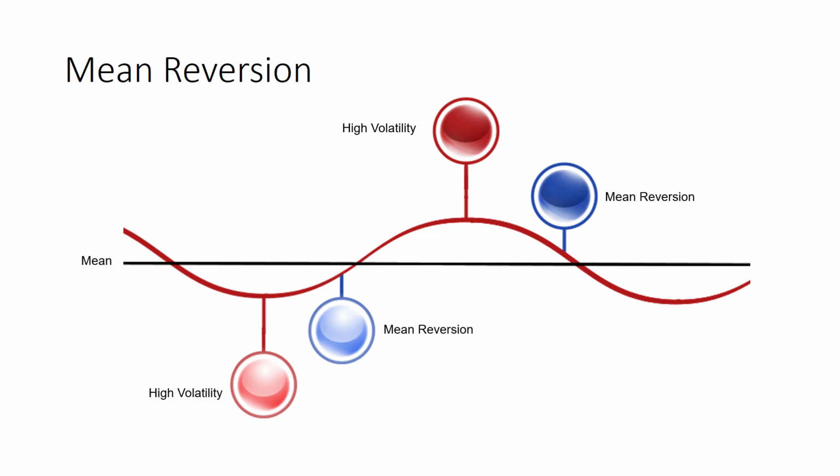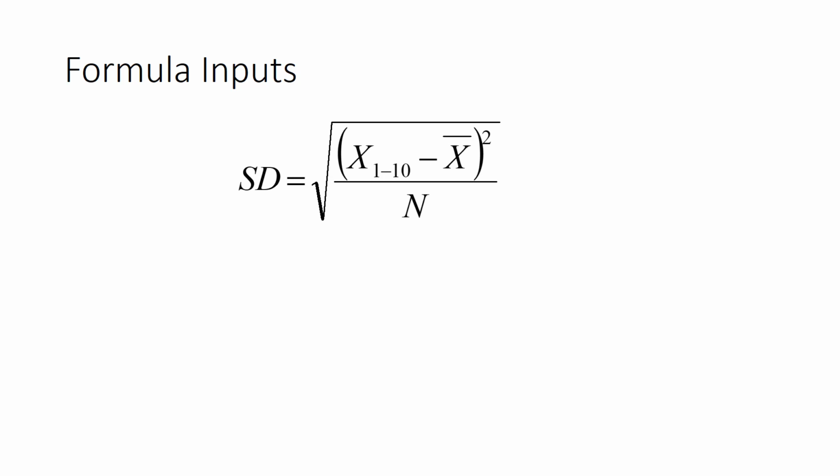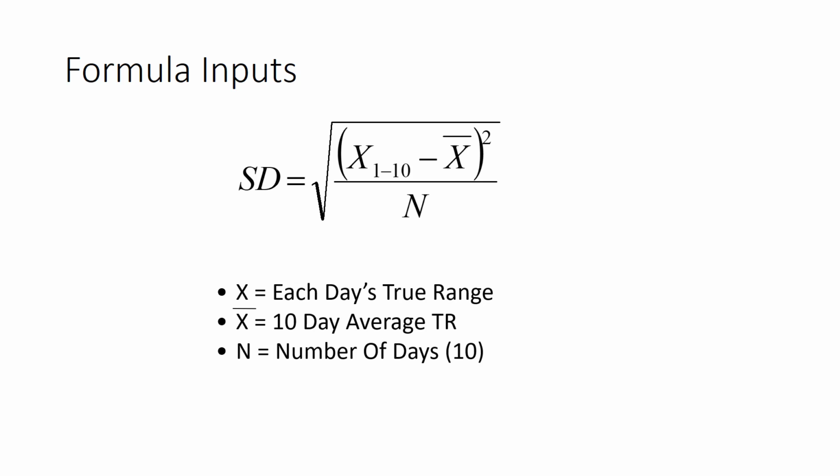The formula that we're using to calculate how far we are from the arithmetic mean: standard deviation equals, you take 10 samples in this case, x minus the average, so 10 true ranges minus the average true range. We square that to get rid of any negative values. We divide it by 10, the number of observations. We take the square root to get rid of that square. That's one standard deviation. This is a very simple SD formula, and it's the one that most of the software is going to be using to calculate this. Some software might use n minus 1 as that bottom value.